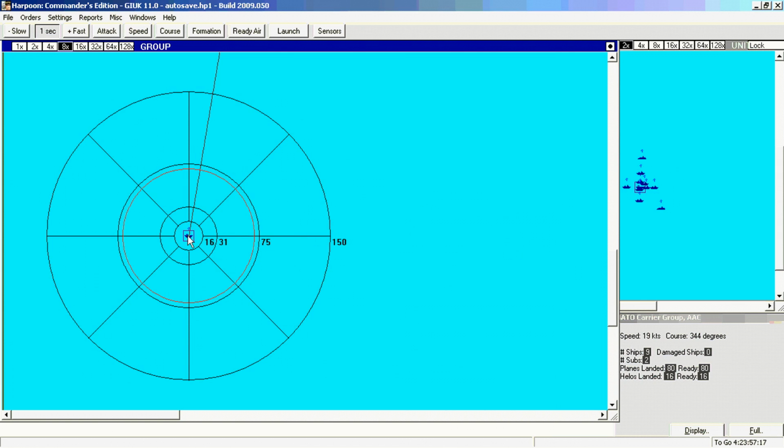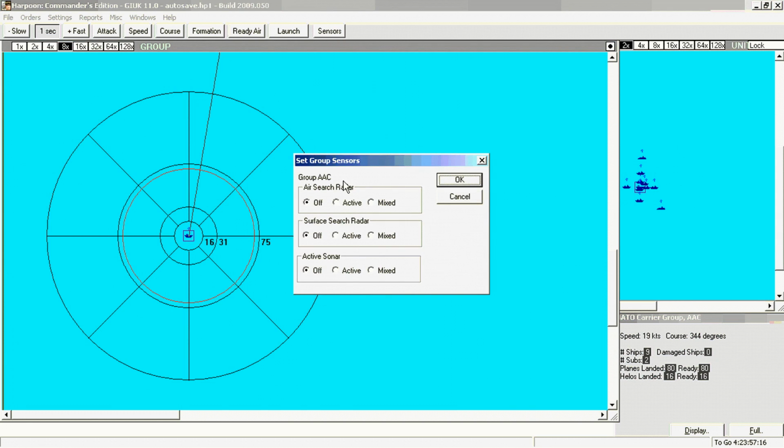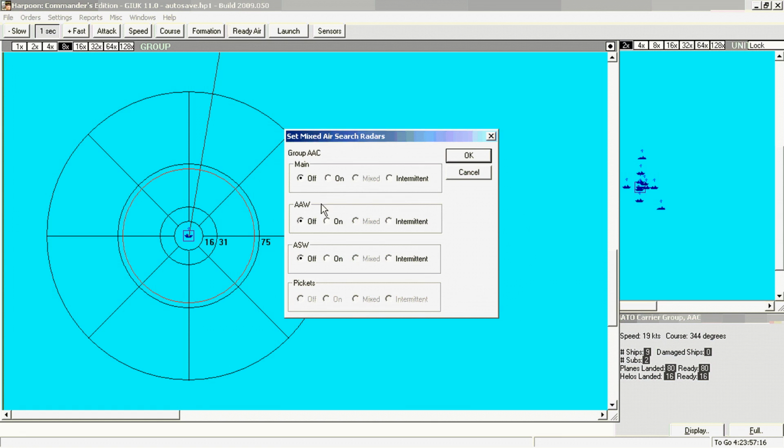Once aircraft are assigned, the various sensors in each zone can be selected. The main group or the picket zone can be set. Different emissions control settings for radar, sonar,